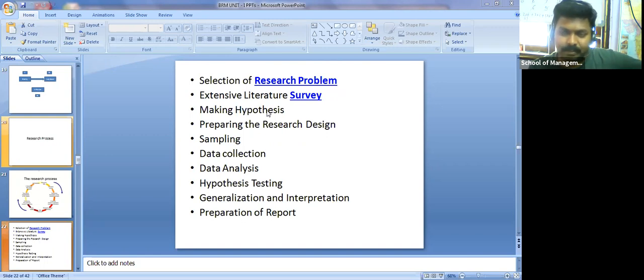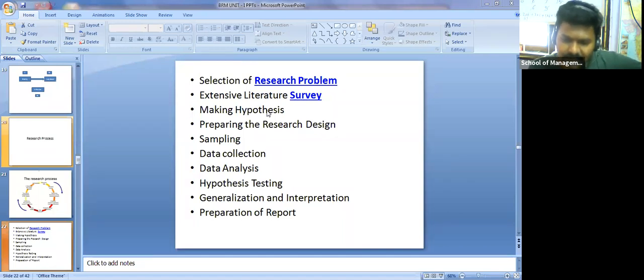How many of you remember in my previous class I said to you, in the questionnaire, that we are going to prepare the questionnaire based on 4 major important elements. What are those 4 important elements? Nominal, ordinal, interval, and ratio. Nominal and ordinal are also called categorical variables. Interval and ratio are also called metric variables.